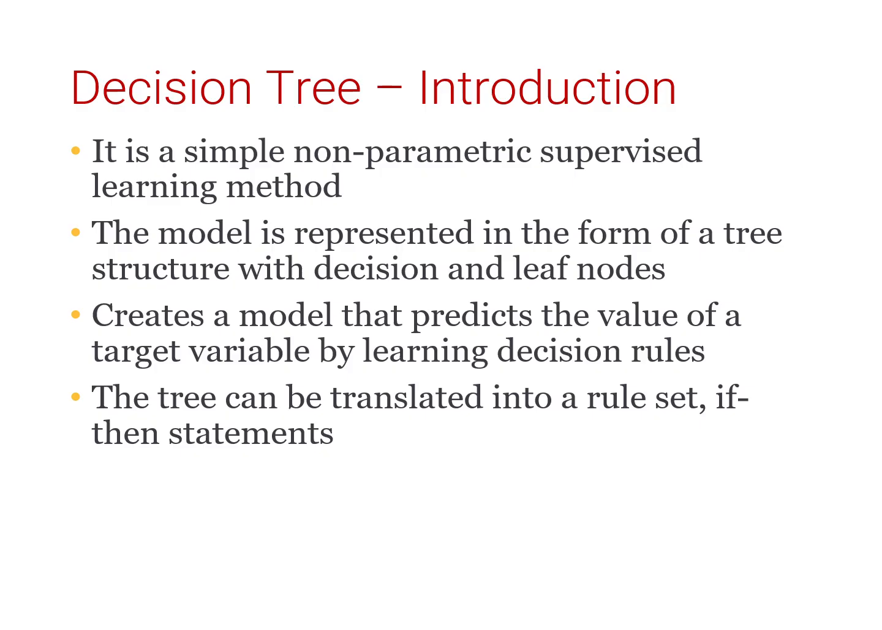This structure consists of two main components, decision nodes and leaf nodes. Each decision node represents a test or condition based on one of the input features, while leaf nodes represent the final predictions or classifications. The beauty of decision trees lies in their ability to learn decision rules directly from the training data. By recursively partitioning the feature space, the algorithm creates a series of if-then statements that guide the prediction